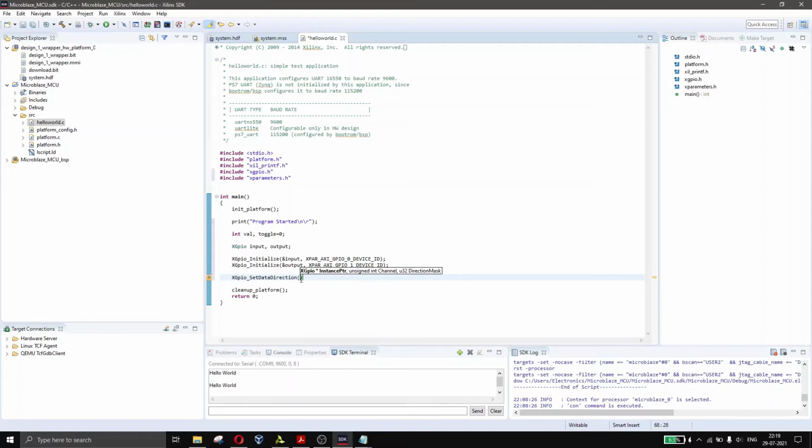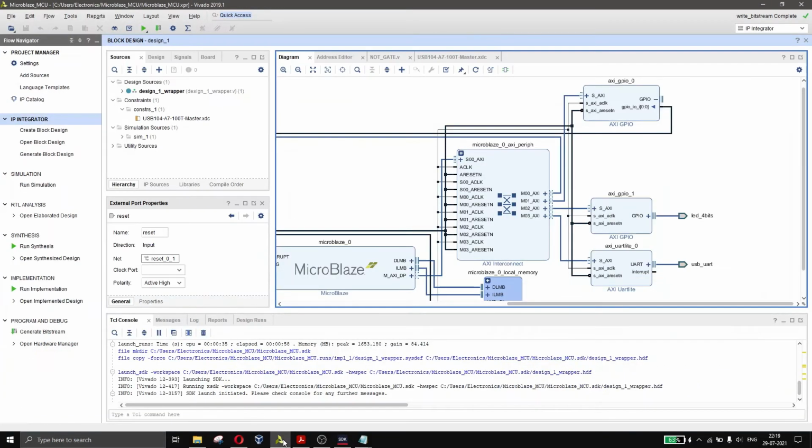Then the unsigned integer channel, and then the direction mask. First of all we will have to get the instance pointer, which will again be input here, comma, and then the channel. The channel would be here in this GPIO 0. I think it's single channel because we didn't enable dual channel here.